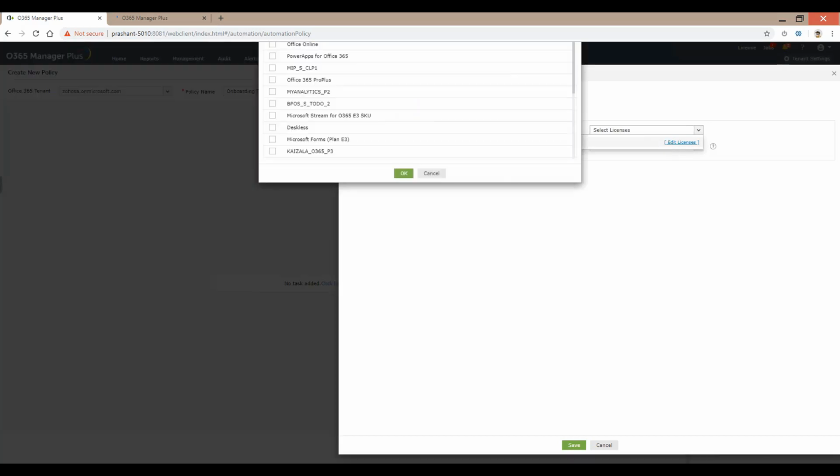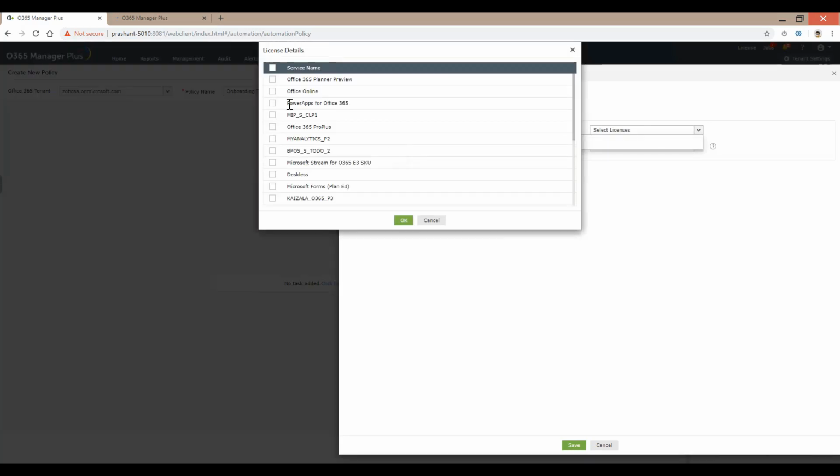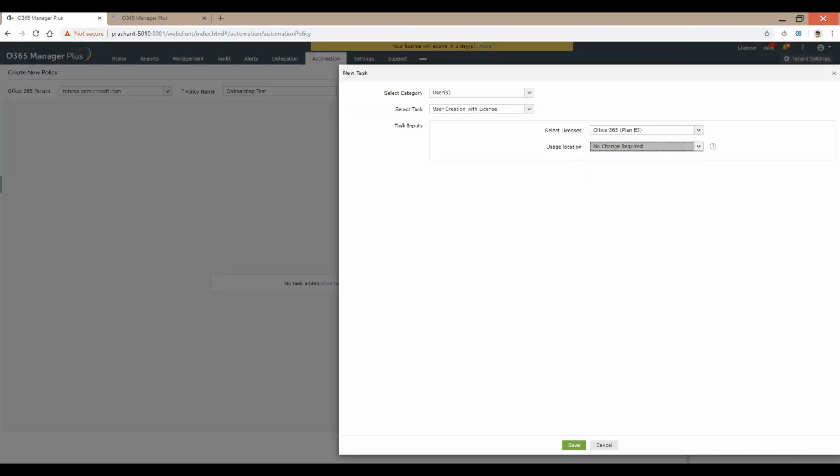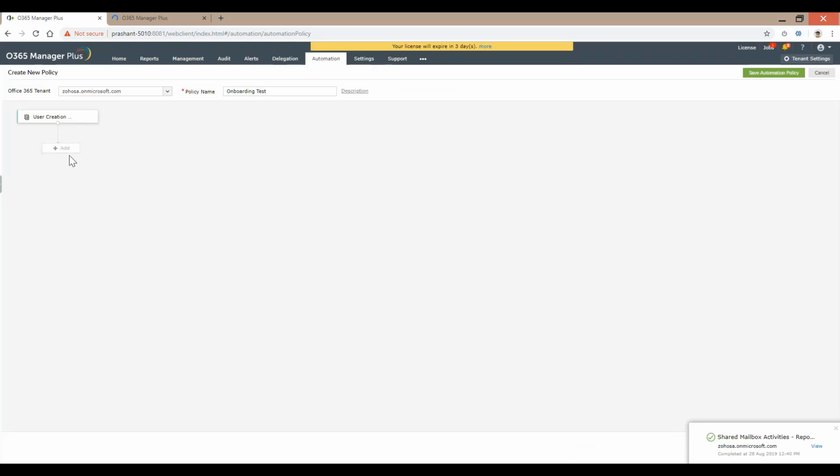So I can say edit license here and then choose the list of licenses that need to be applied, or the list of applications that need to be given to a specific user, right? I'm going to say okay. So the first aspect of it is done. Then select the country. Let's say India. Perfect. And then say save. Okay, so I've successfully got my first step done.